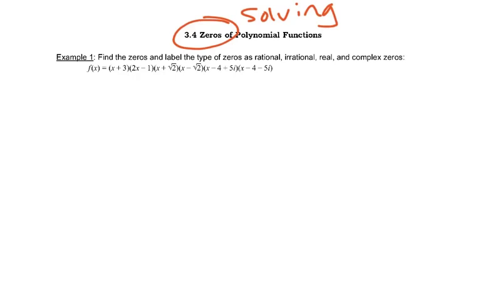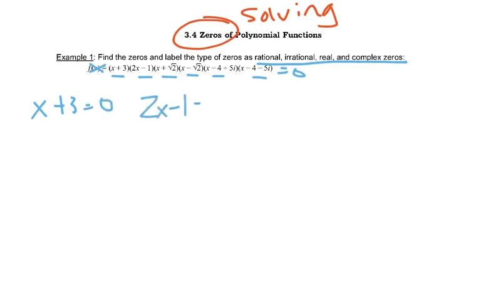It says find the zeros and label the zeros as rational, irrational, real, or complex. So finding the zeros means that we set the whole thing equal to 0, and then we split apart each piece and make each piece equal to 0. So we'll have x plus 3 equals 0, 2x minus 1 equal to 0, x plus the square root of 2 equals 0, x minus the square root of 2 equals 0,